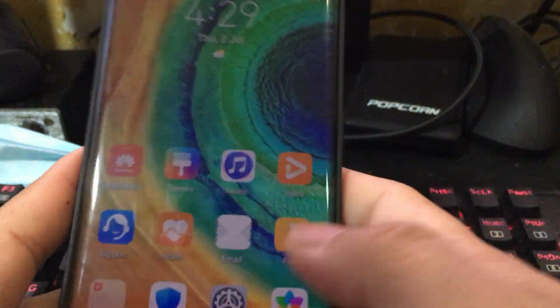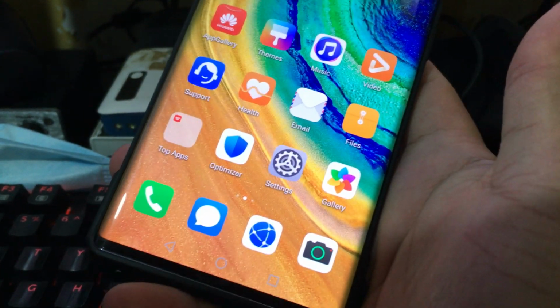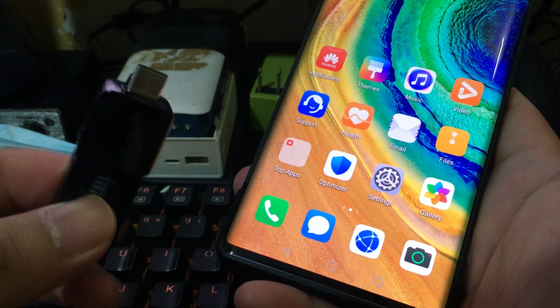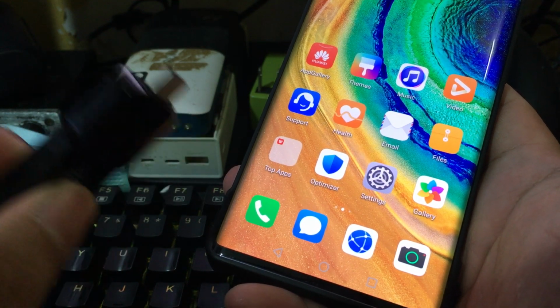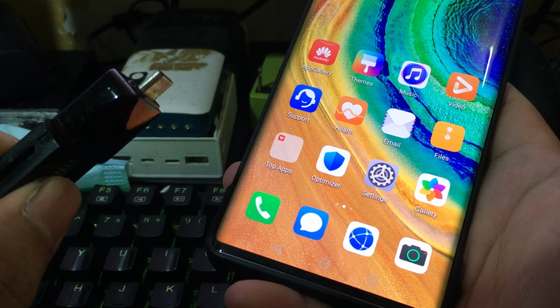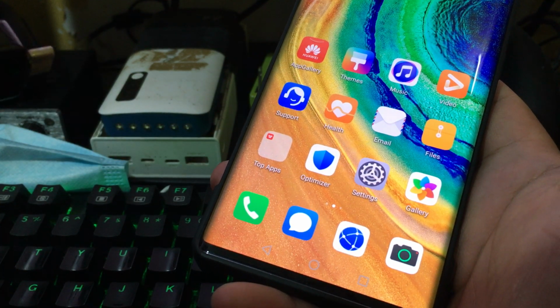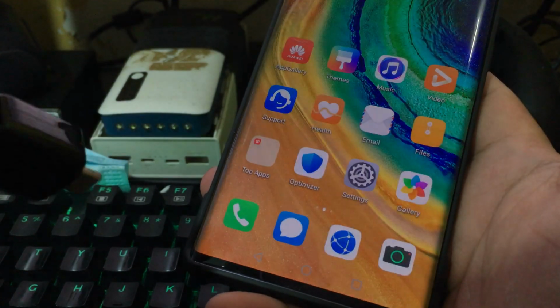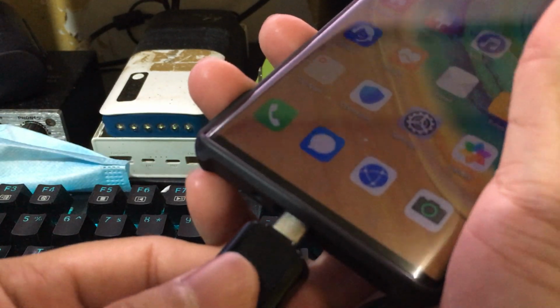So here we're gonna be doing the same thing. So we're gonna need to restore backup. So I have the backup file here. Okay, so for the backup and restore process, I have the link in the previous video, and I will definitely put it down here, down in the description below of this video as well. So just insert it,